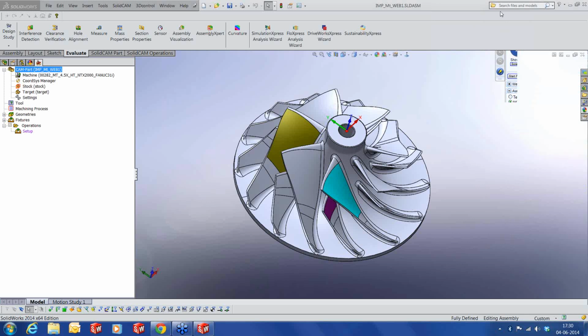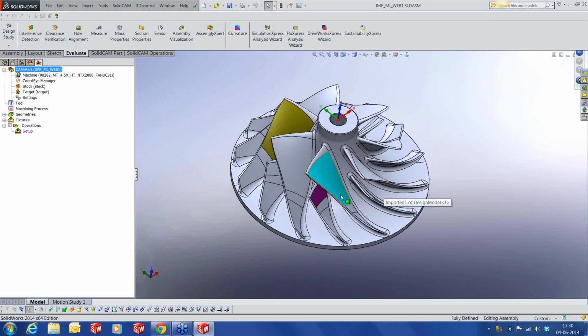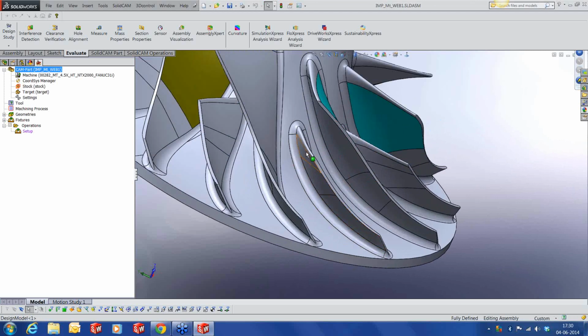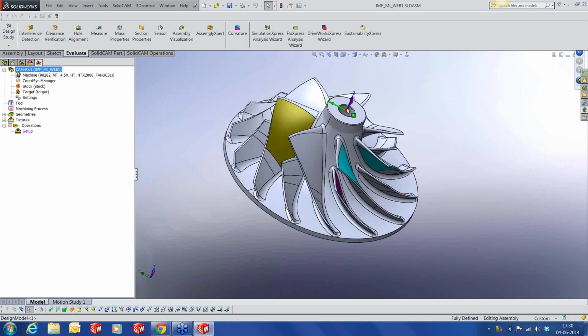Okay, what you can see now is an impeller with a splitter. The splitter is this small blade in the center of these two main blades. We're going to use a MillTurn machine. Generally, impellers are done on 5-axis milling, but we're just changing it and moving on to a